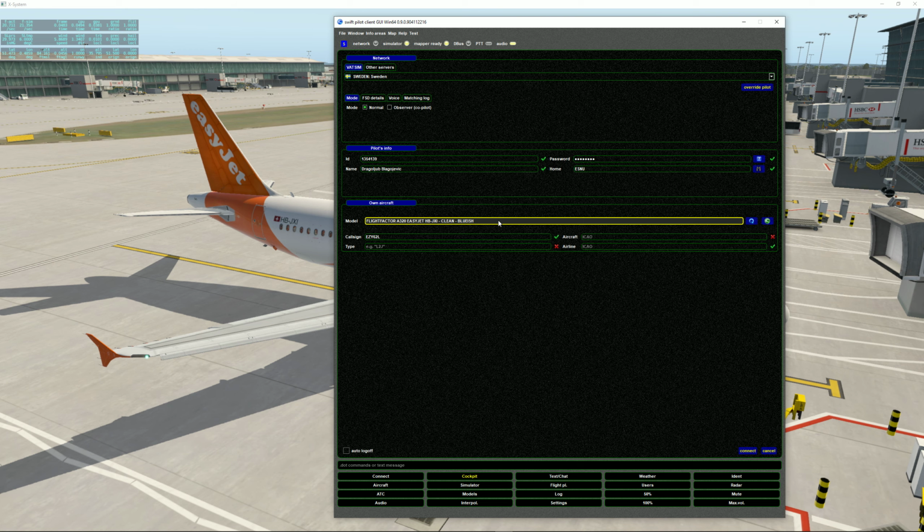Model is automatically selected here. In the case it is not, just make sure to click on this reload button. And if that doesn't work, just use the quick mapping wizard in order to get the proper model. Next field down is the call sign you are going to use. Field below is not something we need to